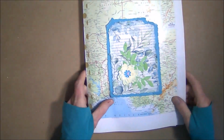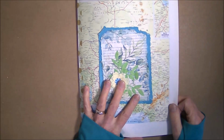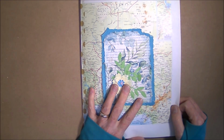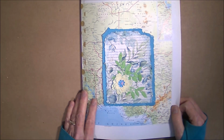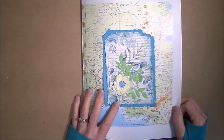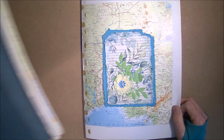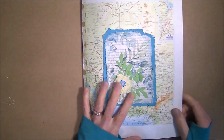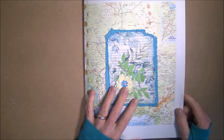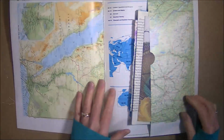So now we're going into the ephemera folder, and this has a whole full story because I made an ephemera folder, and then I realized I used vellum in it, which I do mostly with my ephemera holders, and it wasn't in my kit. So I started from scratch, and because I had an atlas that I was taking my maps from, I decided I had lots of extra paper, so I would start with another one. So this is my ephemera holder made from maps, and it starts with